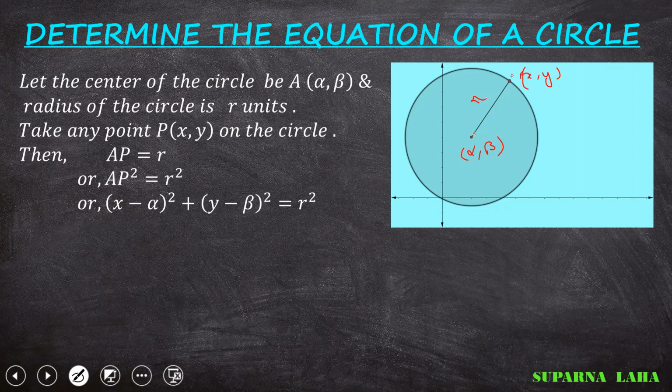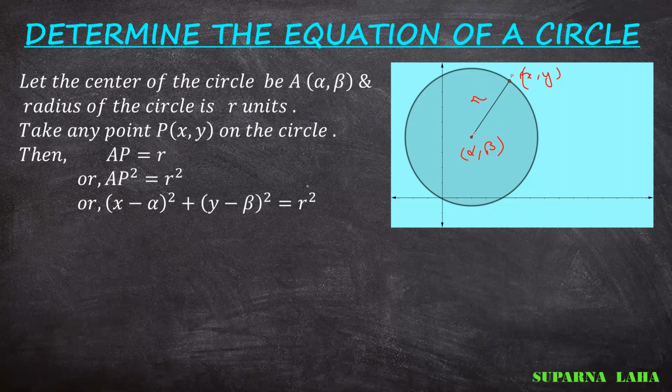I hope you all remember the distance formula: for x1, x2 and y1, y2, it is x2 minus x1 the whole square plus y2 minus y1 the whole square, then take its root. Okay, so x minus alpha the whole square plus y minus beta the whole square is equal to R square. So this is the equation of the circle. This is called the standard equation of the circle, where its center is alpha comma beta and its radius